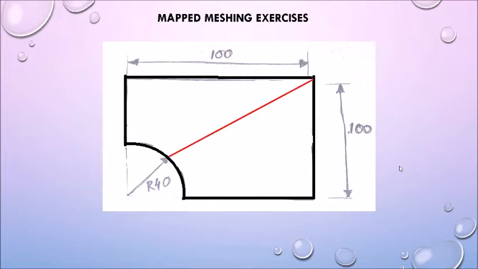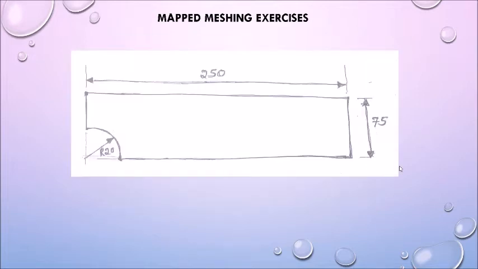What we can do is divide this geometry here so that you get two areas like this. Now each of areas 1 and 2 has 4 sides, so it is map meshable. So this much preparation you have to do in order to achieve the map mesh. Now this geometry is also a plate with a hole problem, but the length is more now. We cannot divide as we have done previously because there will be a corner where the angle will be very small. So we divide this area like this.